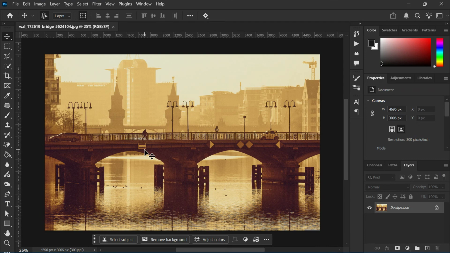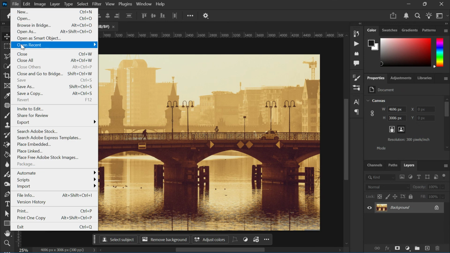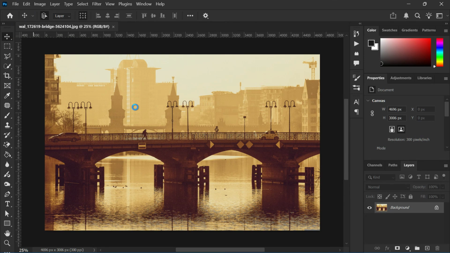And that's it. Now you know how to save and export in Photoshop the smart way. You've learned when to use Save As, when to use Export As, and when to use Save for Web for